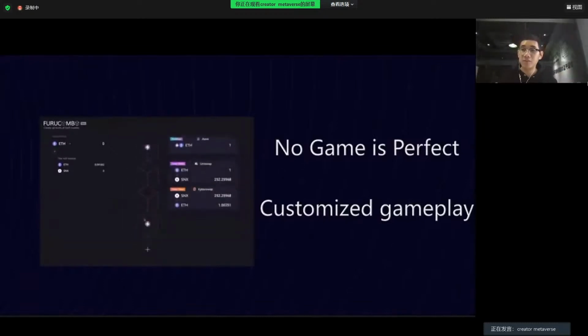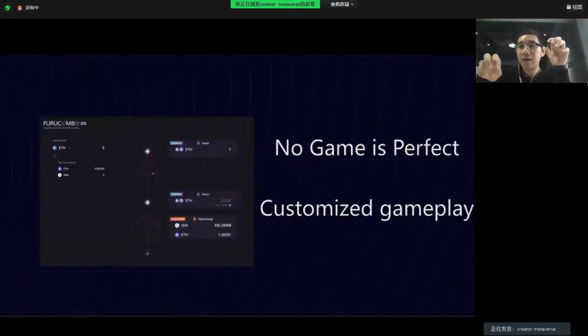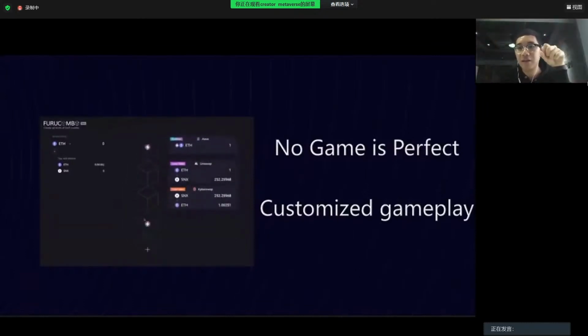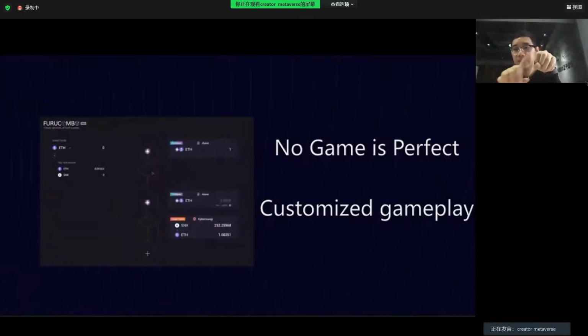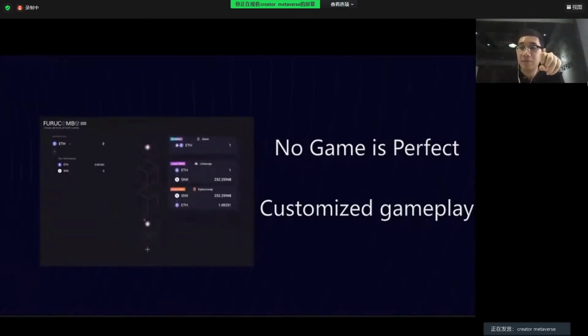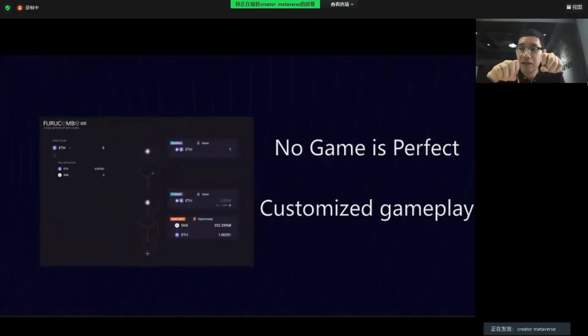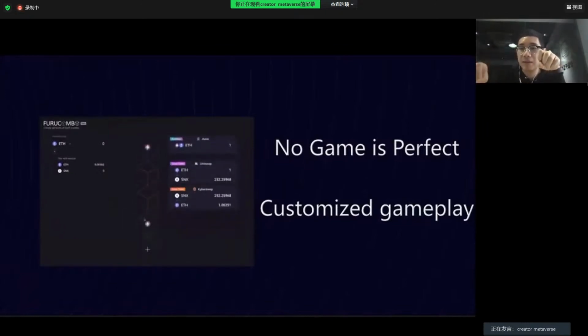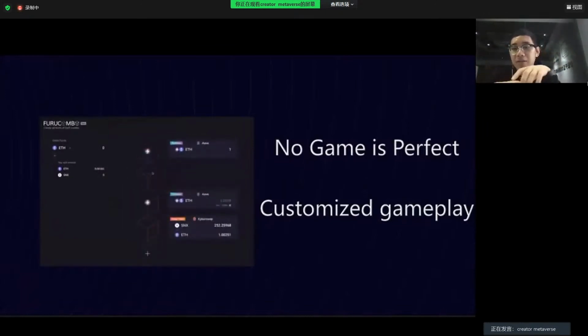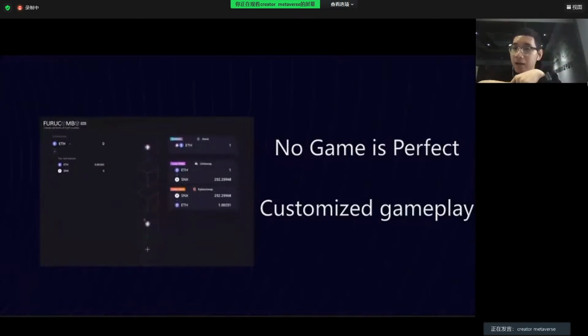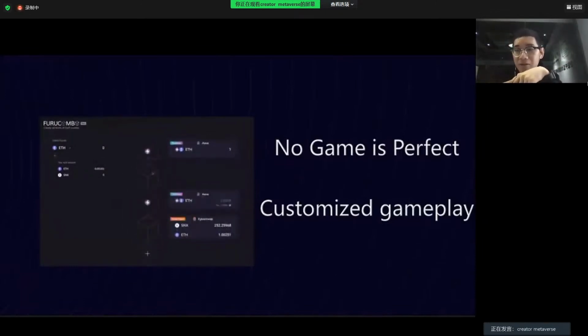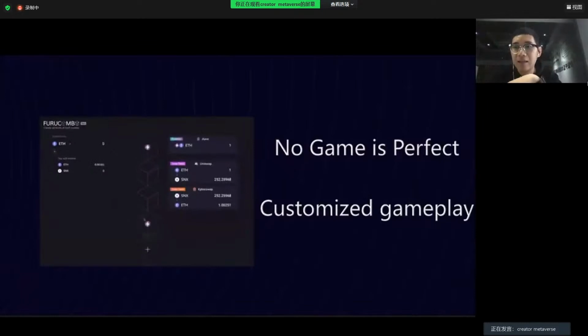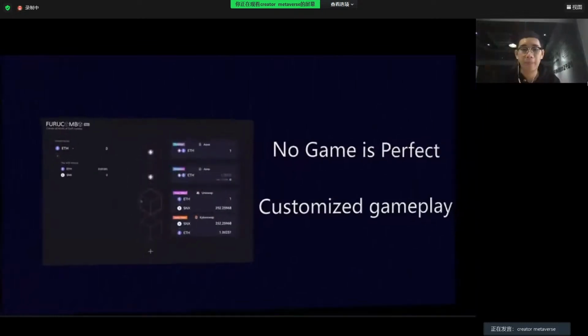But for blockchain games, everything can be game Legos. They can be modularized. Maybe I can select that the whole game is an RPG, but inside the mini games I can choose something like puzzles or a sandbox, and maybe that will give me a better game experience. All these things can be settled on the blockchain.